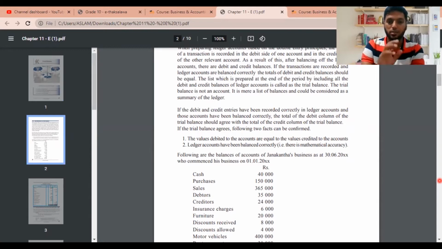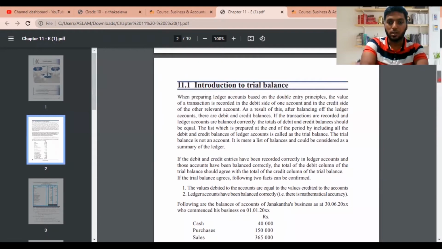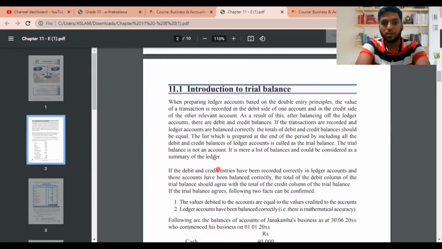So finding out if the debit and the credit side of all the listed balances are equal is known as trial balance. Just remember that you don't need to memorize these things by heart. The entire paragraph they have given, you can read it or you can even exclude it, but you need to understand one particular thing: balancing of the ledger accounts and seeing that all the ledger accounts balance, debit and credit, is known as trial balance. Let me read it for you because these are the last two chapters which I'm going to read for you, and with that the syllabus comes to an end.